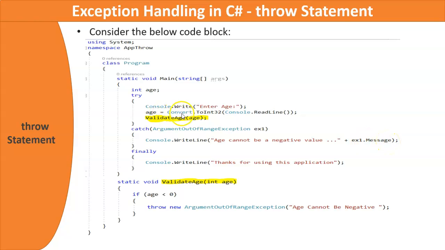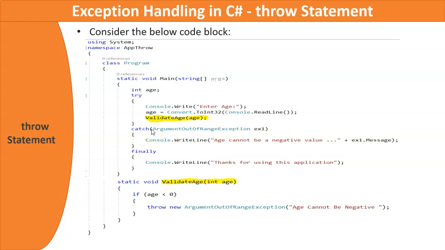Now consider that you have entered a positive value for this age, say positive 20, that is passed to this method. So it is received as positive 20 here. In that case, this condition is false. The throw statement will not get executed, and ArgumentOutOfRangeException is not thrown. In that case, the program control will not enter into catch because there is no exception thrown, no exception caught.